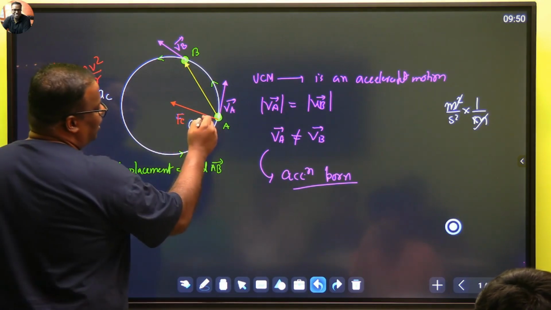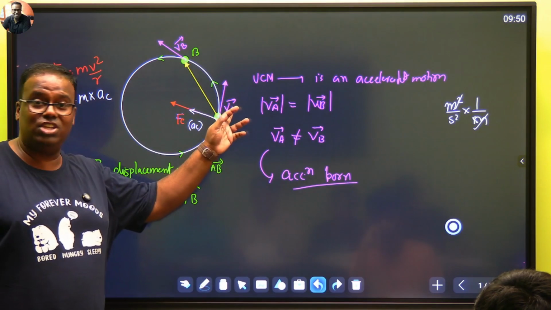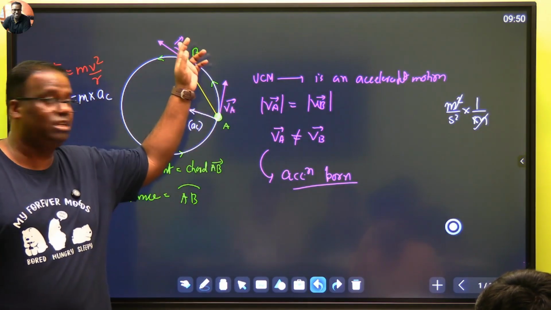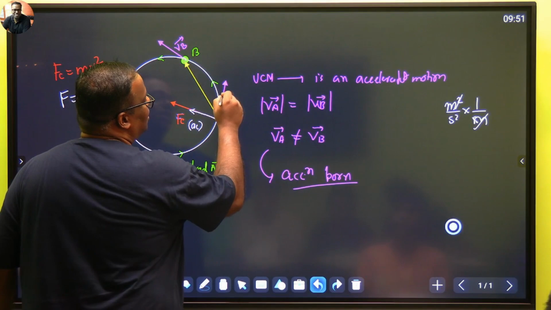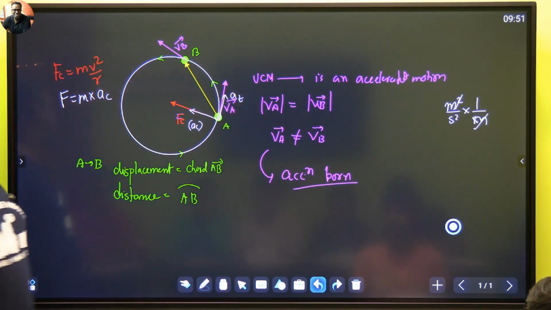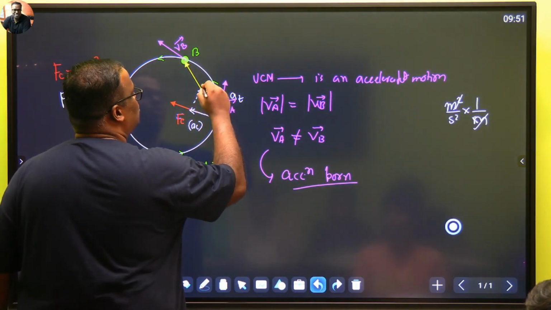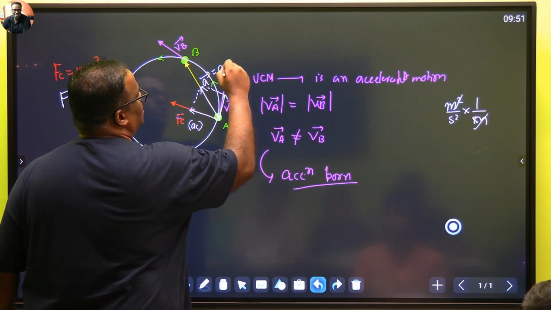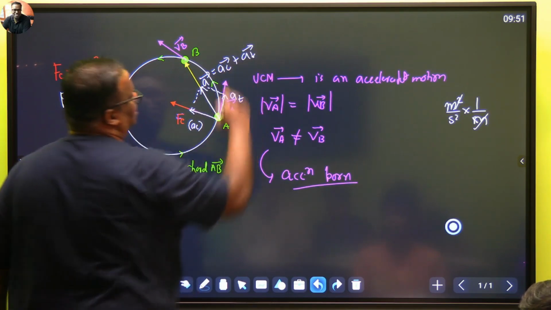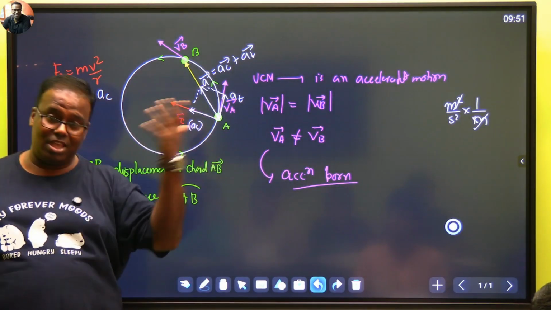That means if I try to draw the acceleration vectors, I'll get one centripetal acceleration here. And if this is changing, then also you have an acceleration because this is changing. So you have an acceleration due to this also. So एक और acceleration यहाँ भी आएगा. इसका नाम होगा tangential acceleration. There are two accelerations, and the overall acceleration between these two is the vector sum of these two. This is known as my overall acceleration, which is centripetal acceleration plus tangential acceleration. These will come in grade 11. Apart from that, there is one more acceleration called the angular acceleration.